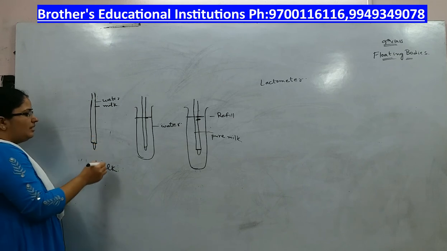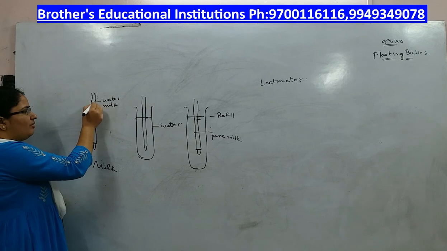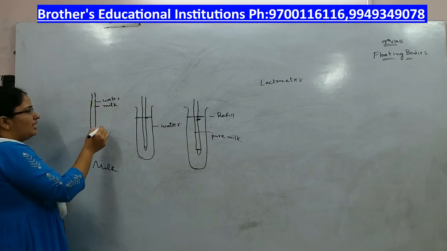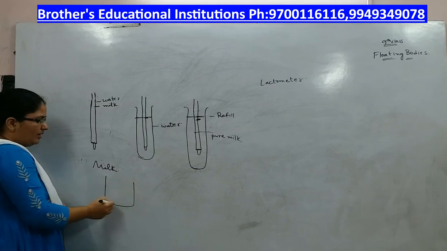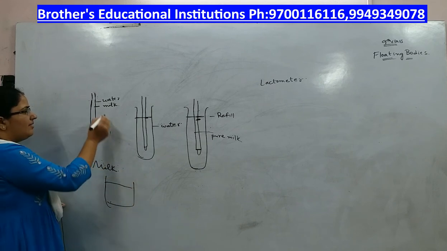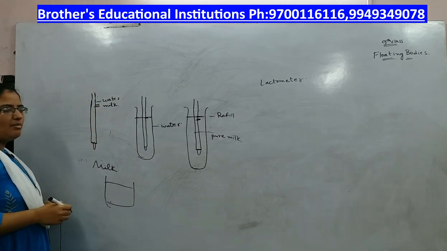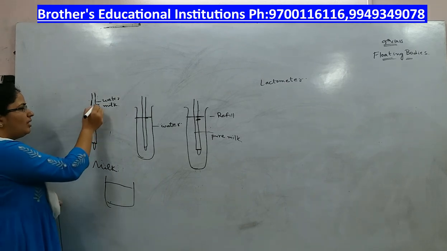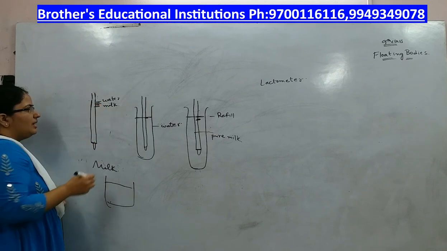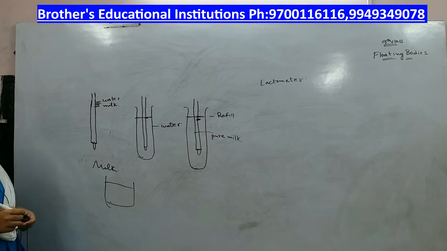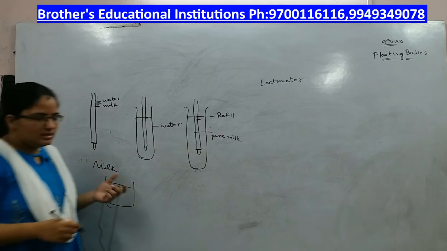Now let us say you are taking water, you have got a level of milk here, you got the level of water here. Now if you put it in a container having milk and water, if the level comes nearer to the milk, it has less amount of water. If it comes nearer to water, it has more amount of water. If it comes in between, it is half water and half milk. It is like that. So this is how a lactometer works.